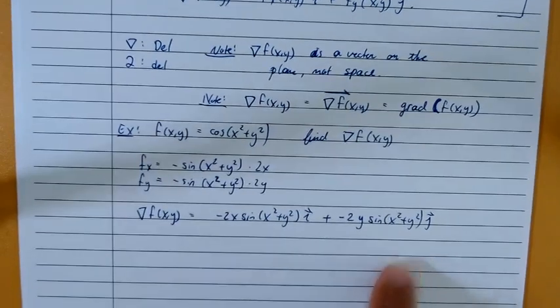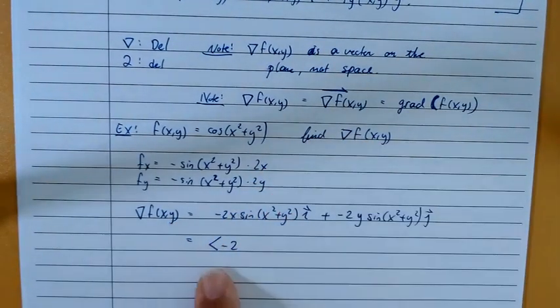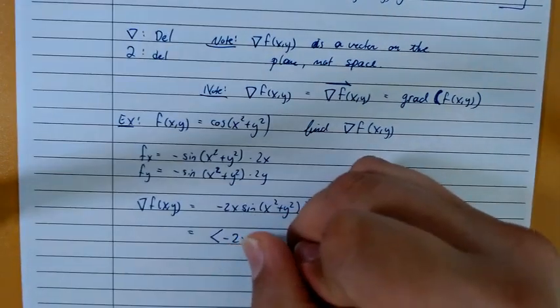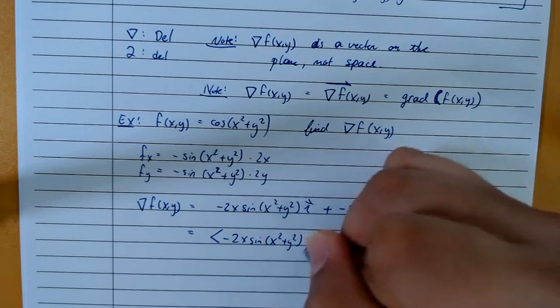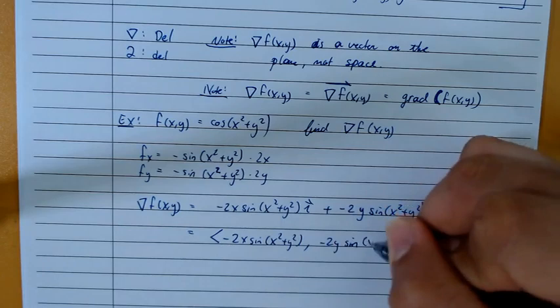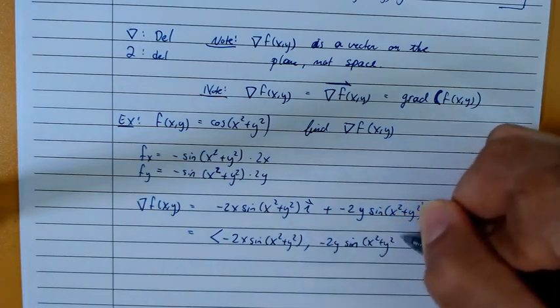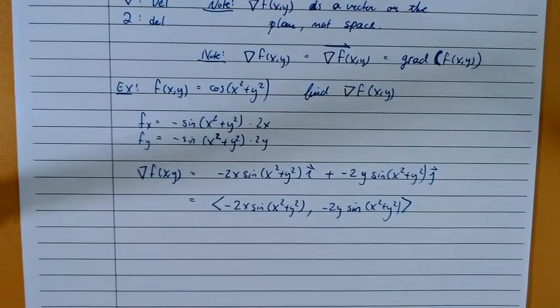Keep in mind, since this is a vector, we can always write it in the alternate form as negative 2x sine of x squared plus y squared, comma, negative 2y sine of x squared plus y squared. Either of those would be acceptable. All right, now,